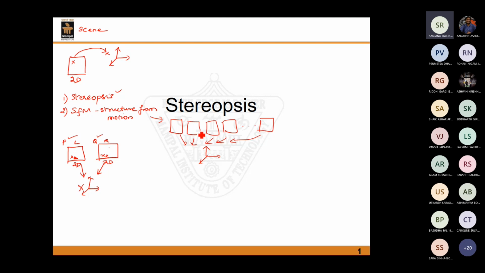Because we have the information of all these multiple images in order to guide us to find out where exactly is this point capital X, right? So the camera parameters may not be known to us. It need not be known to us, okay? And what we do is we make use of all these multiple images in order to find out the point X. And not just that, we'll also see that, in some cases, we can actually even compute the camera parameters